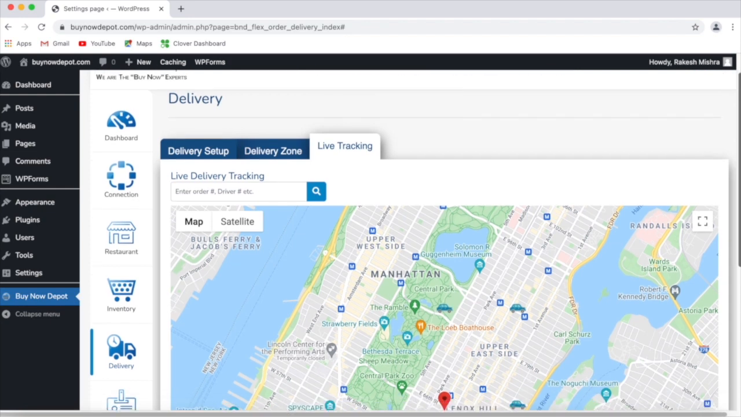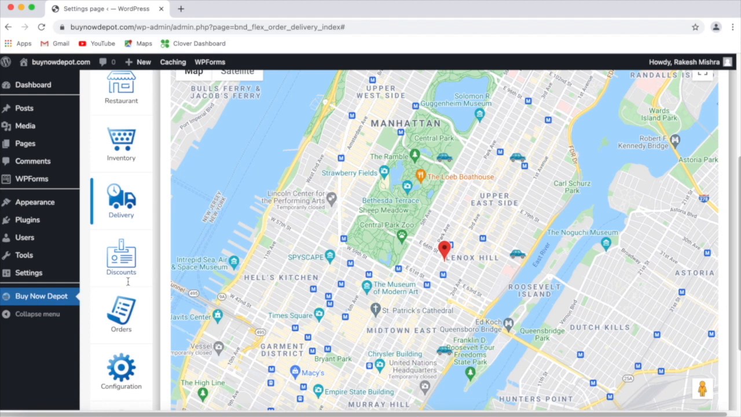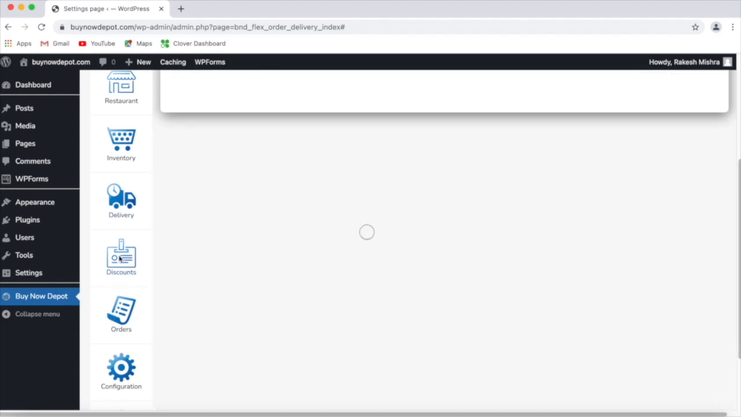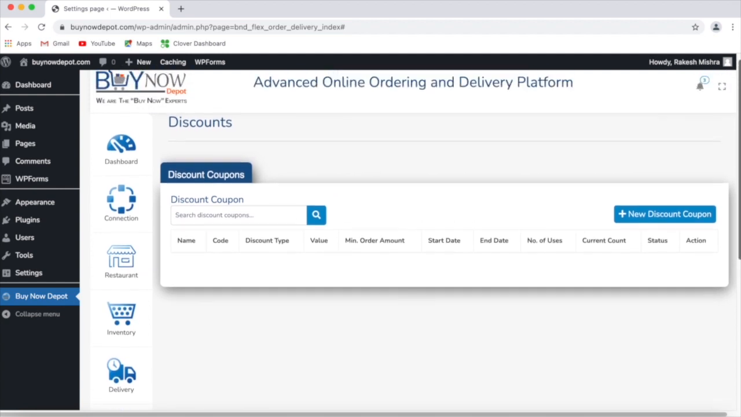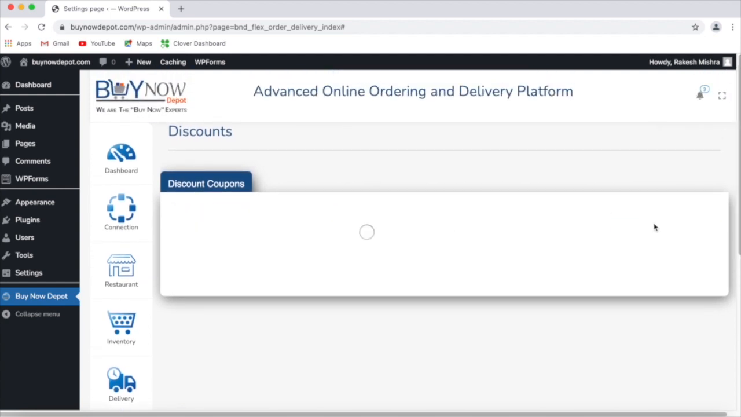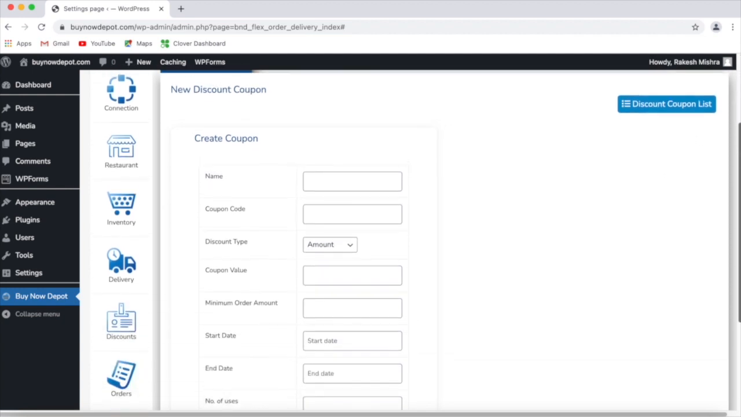Another important feature of this plugin is to provide the management of discount coupons. Clicking on the discounts tab takes you to the list of discount coupons, where you can create a new coupon by clicking on the new coupon button. So in the new coupon screen, you can specify the name of the coupon. Let's say we call it summer sale. Provide a coupon code, so let's say